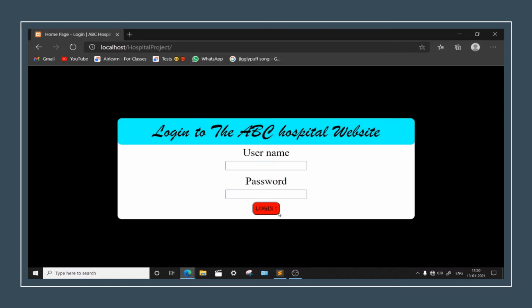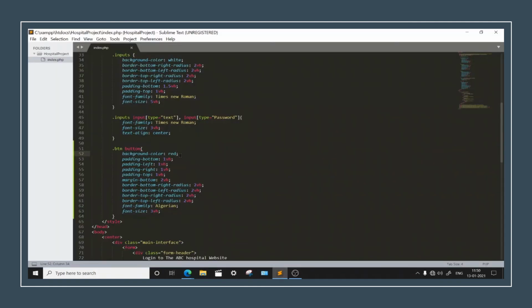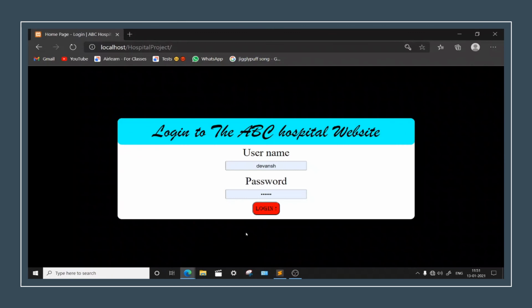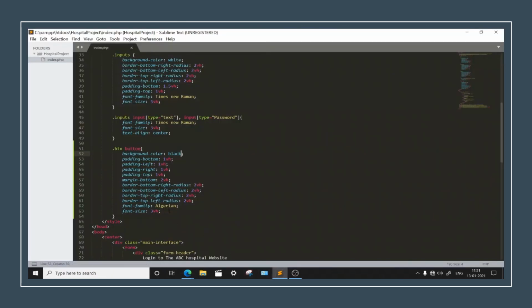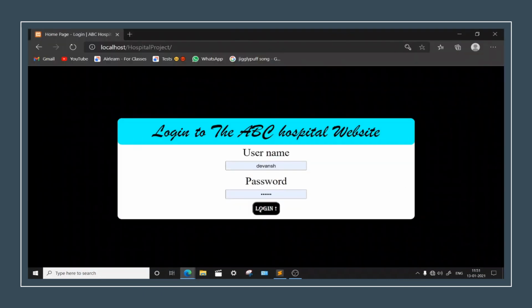Now let's change this to red. Or better, if you want, you can make this black also. Black. Well, black is fine. Okay, black is never fine. Well, we can just do it from here also. Font color. It's only color. Color to be kept as white. White looks superb in Algerian, with the black background.